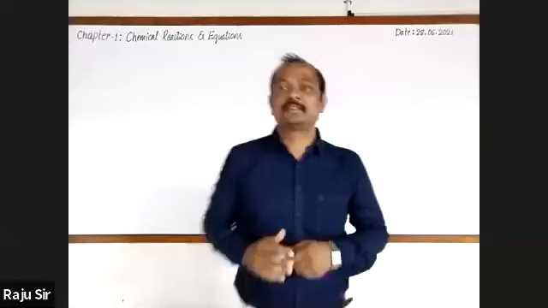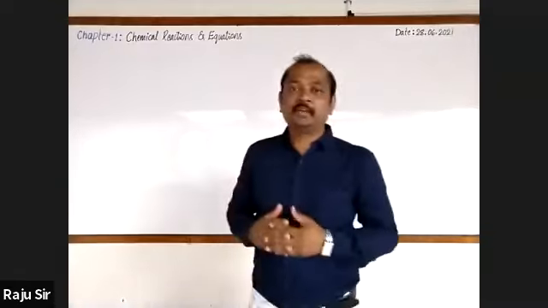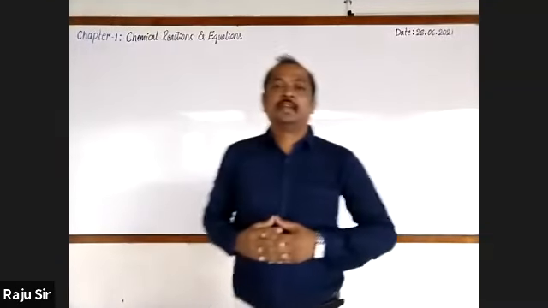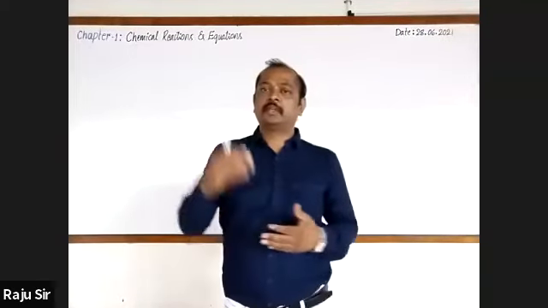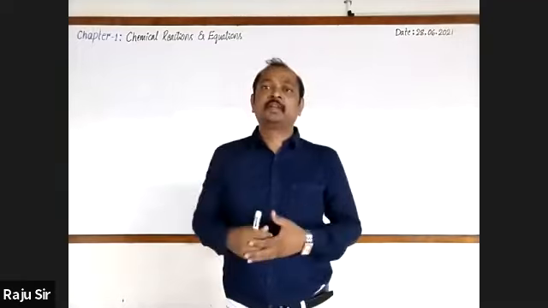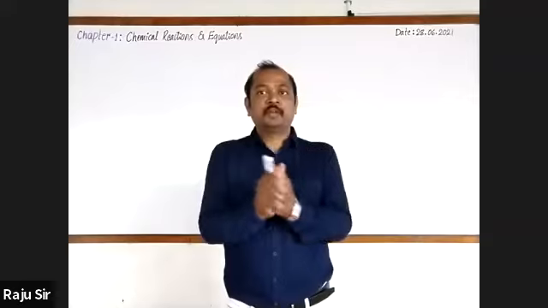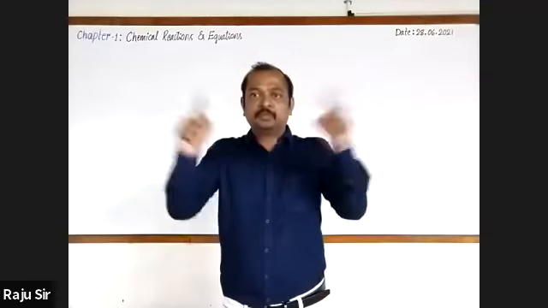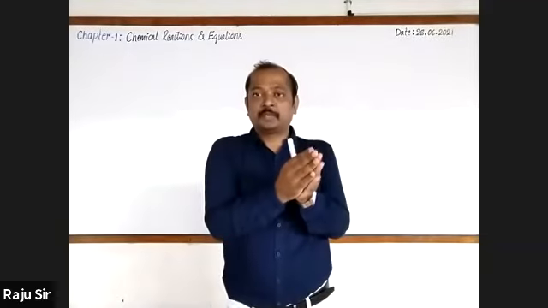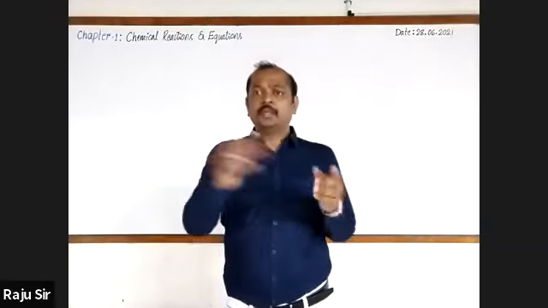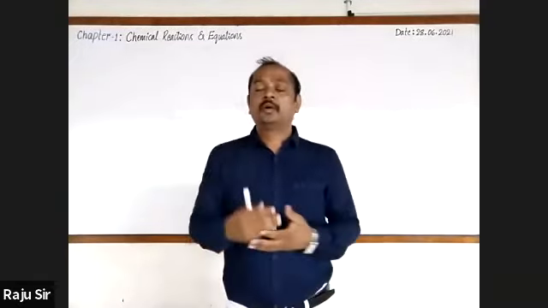And science. Students, you all know that in the last class we were discussing the chapter Chemical Reactions and Equations. In the very beginning of this chapter, we came across the definition, examples, activities, and the characteristics of chemical reactions. After that, we focused on chemical equations. In that, there are two types: one is balanced and the second is unbalanced chemical equations. After balancing a chemical equation, we learned how to make it more informative.